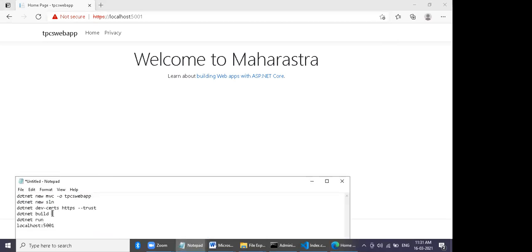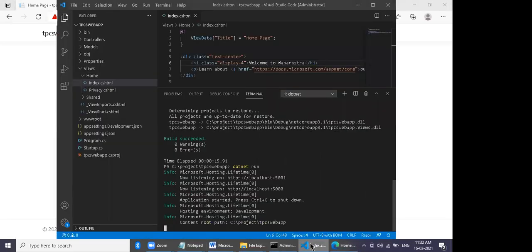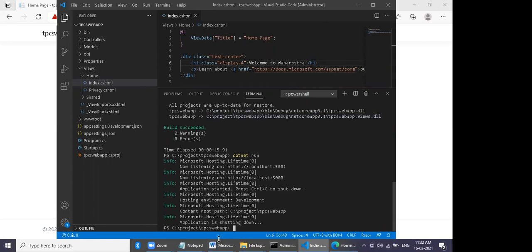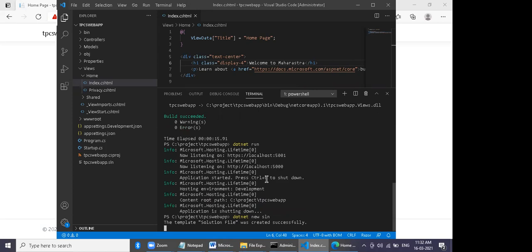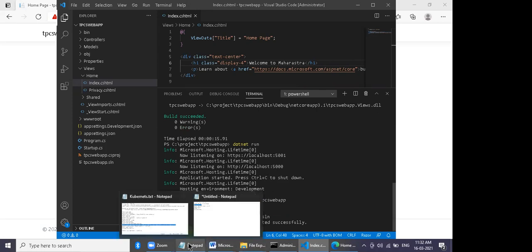Yes. So first you have to add a new solution document. So click .NET new SLN. Go and hit. But to run in Visual Code, right? Just say Control C. Run this one. So it is going to create a new solution for your document. Now you get a new solution. Look at this side.